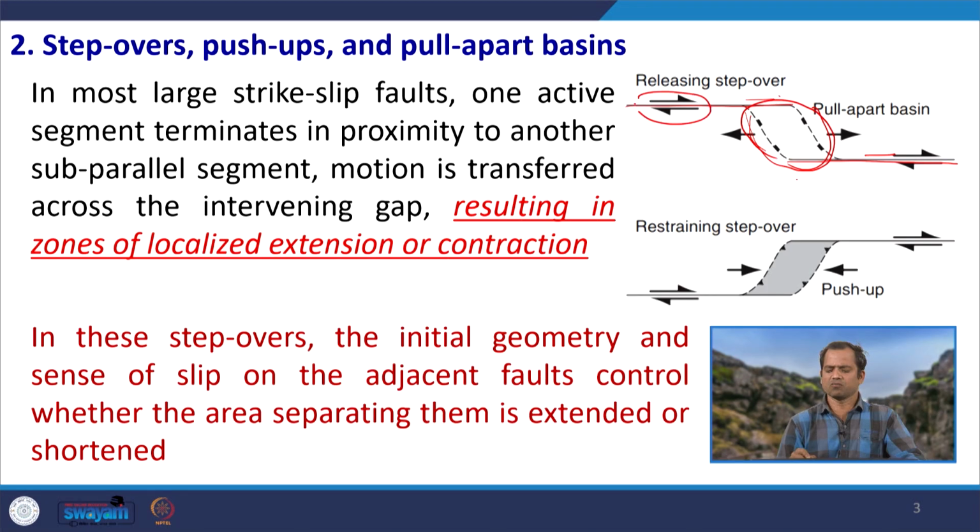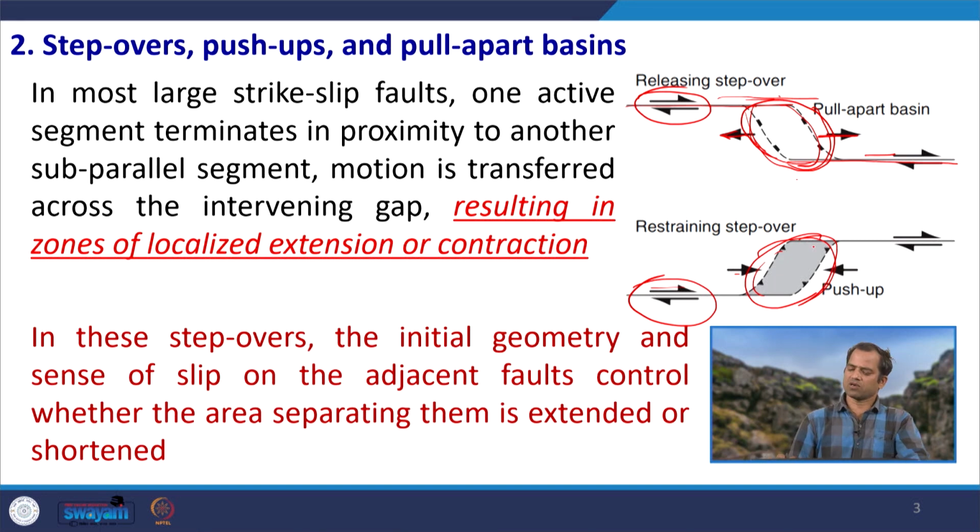Here, if you see, we have two transform faults, one with dextral motion and here another also showing dextral motion. However, the difference is that in one case this area which is common to both is showing extensional properties. In the other case, due to the dextral motion, this area which is common to both is showing contractional properties. So, either it will be localized extension or localized contraction, depending upon the type of motion among